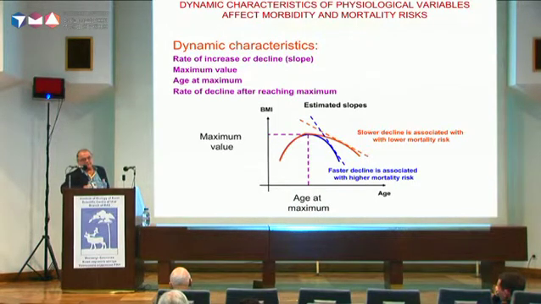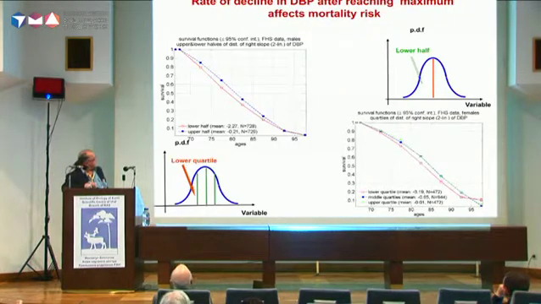And also there are other parameters such as the maximum value and the age at which this maximum is reached, as well as the decline rate upon reaching the maximum and the variability. The lower is the individual variability during the life of the human being, the higher are the chances of a longer lifespan. An illustration. The longitudinal data lets us measure these changes for each person, and having a population,